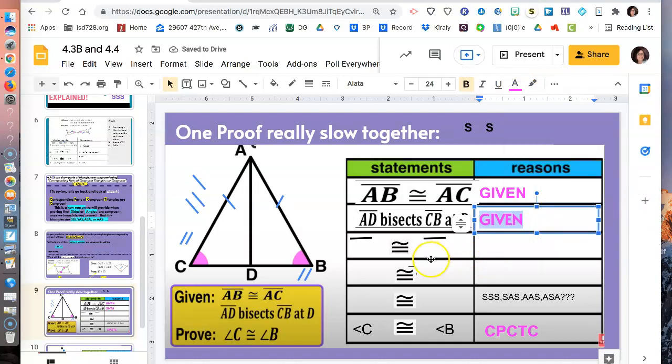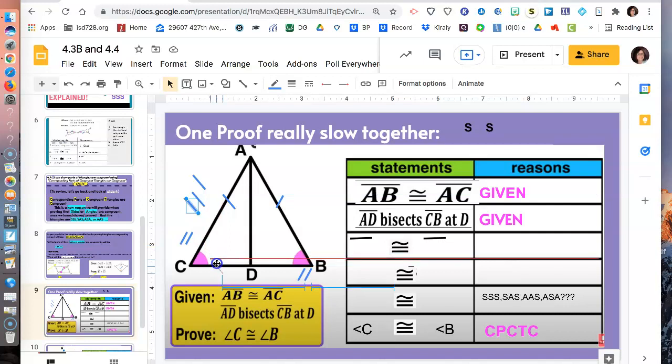Now, let's go talk about what we always have. Is there anything that your brain can add to the picture? Well, first of all, I better go mark this: AD bisecting side CD at C. What does that mean? Move this guy. This guy right here is the same as this guy. If AD bisects